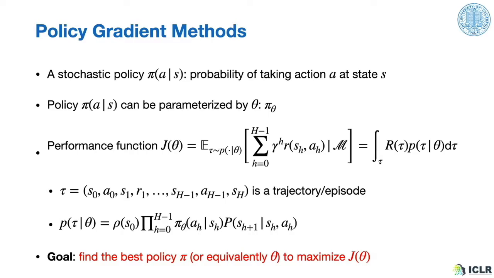In reinforcement learning, a policy pi is defined to be a probability function over the action space when the state S is given. Our goal is to learn a policy pi which maximizes the performance of the agent. The performance is defined as the expected cumulative reward. We assume the policy pi is parameterized by an unknown parameter theta. Then, to maximize the performance function, we can use gradient ascent to update the policy parameter.